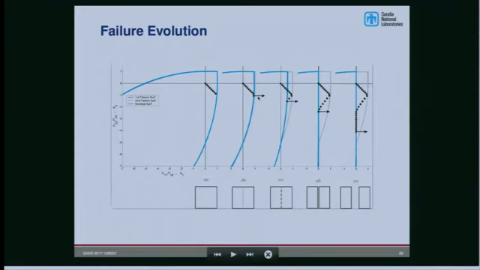Now, since we don't let the strength go to 0 automatically, we evolve. The failure surface essentially pulls in. We reach a point where we hit that value U0 for the opening, and then we open completely and have a free surface and no more strength in tension at that point.